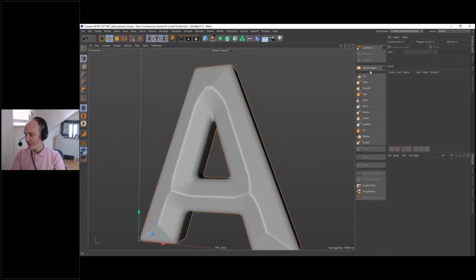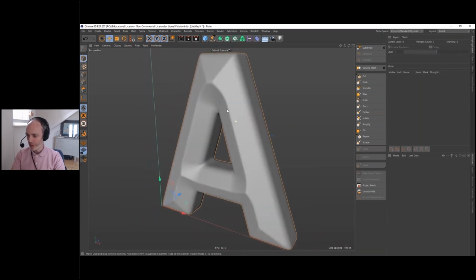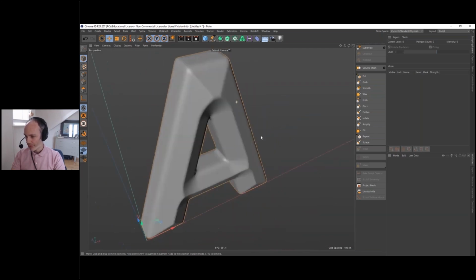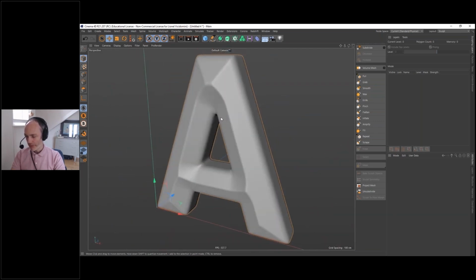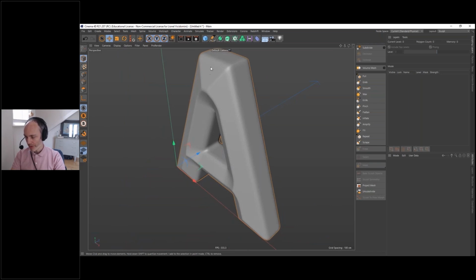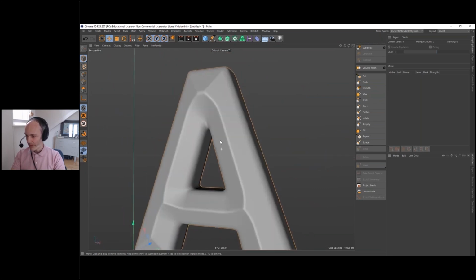So I really love the sculpting tool inside Cinema 4D. It's not as powerful as ZBrush, but it's very easy to use, very easy to learn, and you can do very advanced stuff without too much hassle. It's really nice. If you want to do extremely complicated things, go to ZBrush, of course, but with those tools, you can already do great things inside Cinema 4D. So that's what we're going to do.